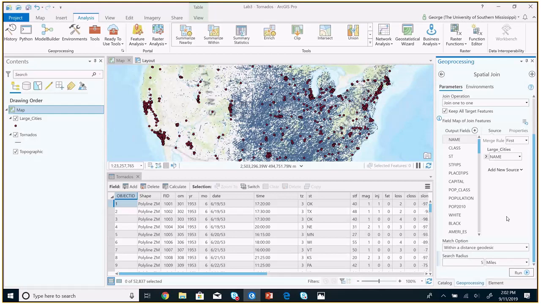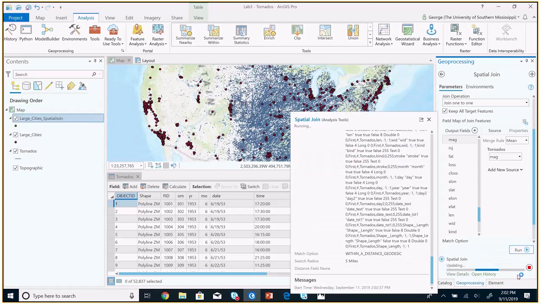We could take the magnitude and find out the average magnitude of all of the tornadoes within 5 miles. But it doesn't really matter. We don't need that. What we're really interested in is join count. So if I run this,